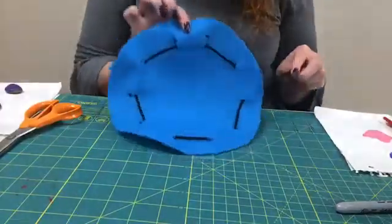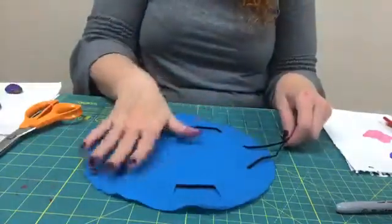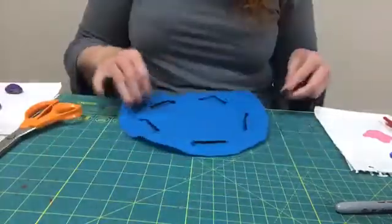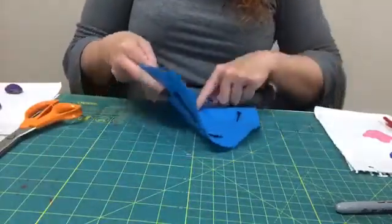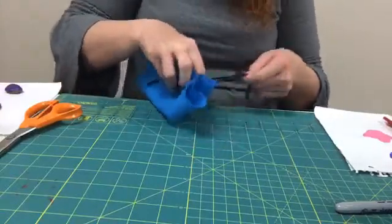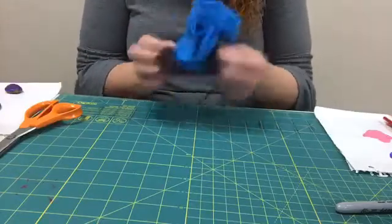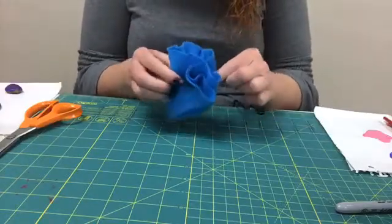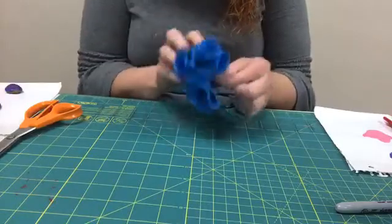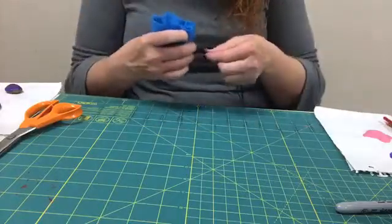Okay, so now what I've done here is I have threaded my cording in and out of the little slits that we made, that we measured out and made. And now I want to make sure that this is going to close into our little drawstring bag, and this is what it's going to look like. Okay, and we're going to put our little Tic Tac Toe game on the inside of this. We're going to store all of our little rocks. But how we're going to want to close this is going to be